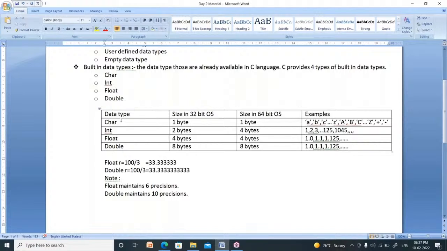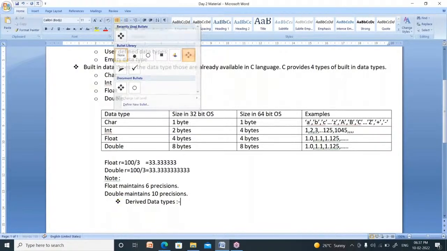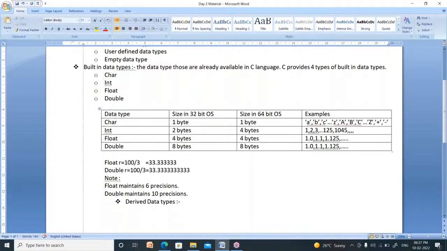Now these four are the built-in data types. What about the second data type? That is known as derived data types. What is a derived data type? A derived data type is the data type which is created by using these built-in data types: char, int, float, double.